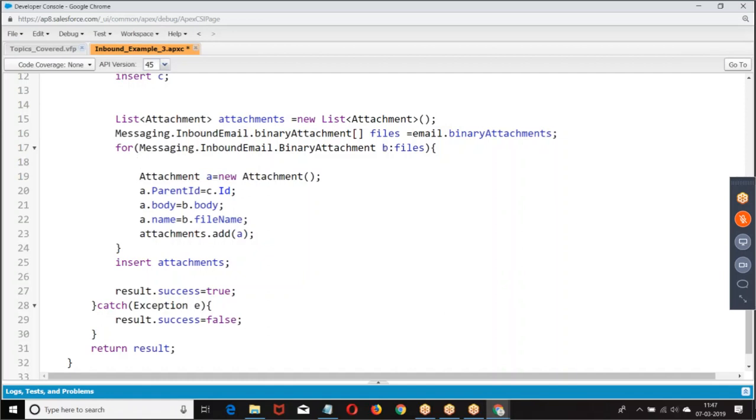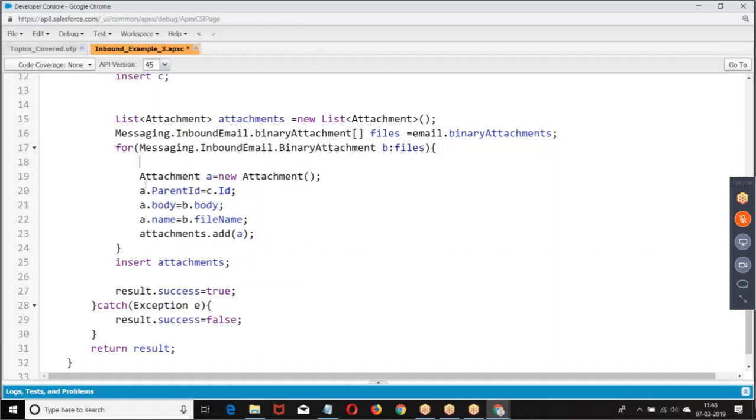Now look at the code from 17 to 24. Satish, can you explain line number 20?